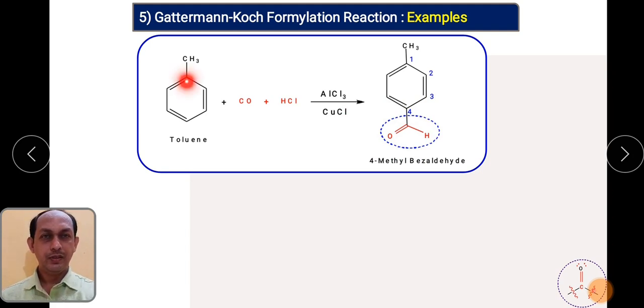As we know, toluene is ortho and para directing. So these ortho and para positions are electron rich. Ultimately the fourth, that is the para position, is more electron rich. So whatever the addition of the CHO group is, it will take place at the para position. Please correct this numbering. The numbering must start from this carbon as 1, 2, 3 and 4. So it is 4-methyl benzaldehyde, right? The addition will take place at the para position, that is position 4, as we know that the methyl group is electron donating.